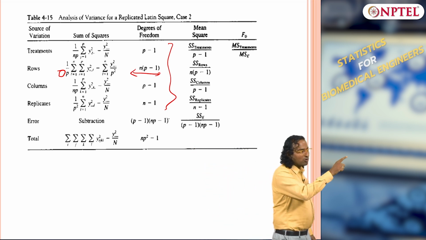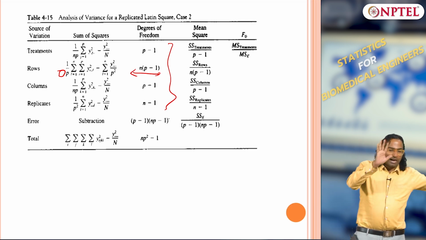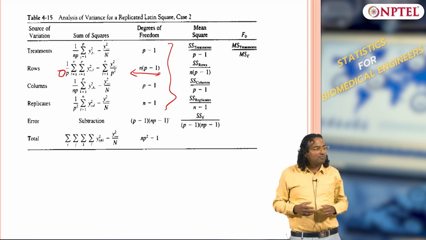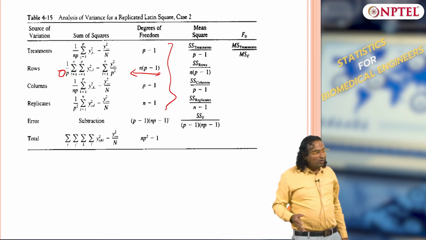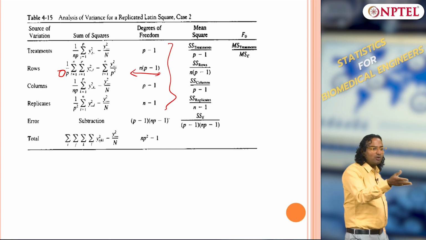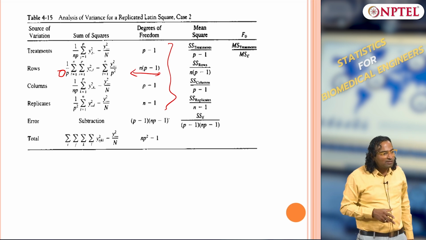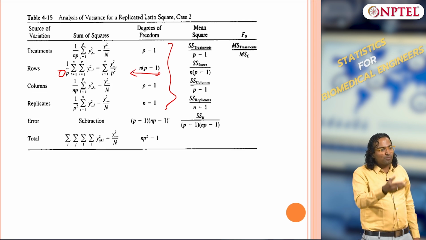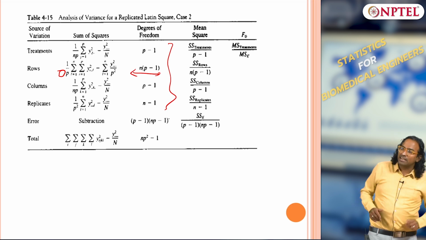See, I have kept rows constant, columns constant, treatments constant, and I do this experiment once and then the same experiment a second time; then it is an exact replica. Now what can I do? For whatever reasons I do not have control over rows, I have control only over columns and treatments. You are doing human experiments, suppose one person leaves, you wanted to replicate the experiment but that person has left, what will you do?